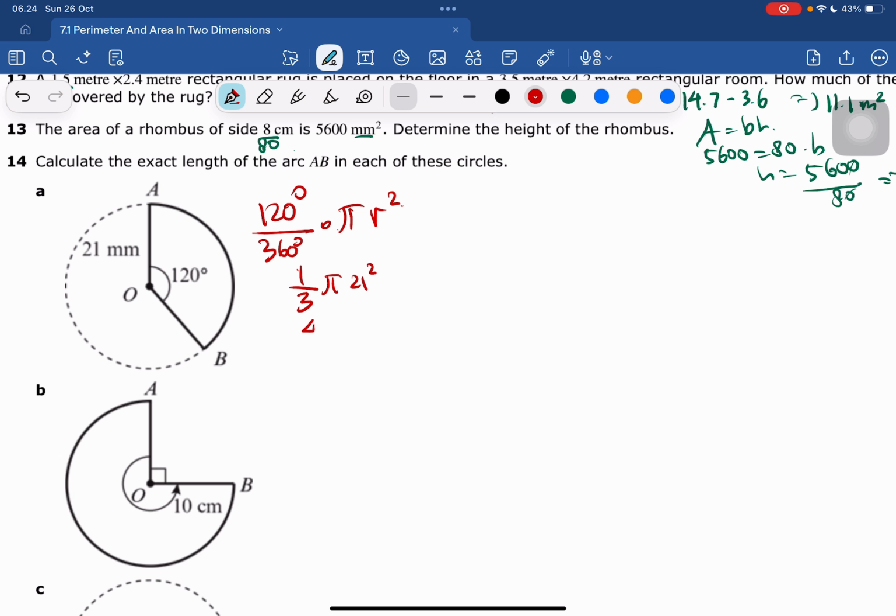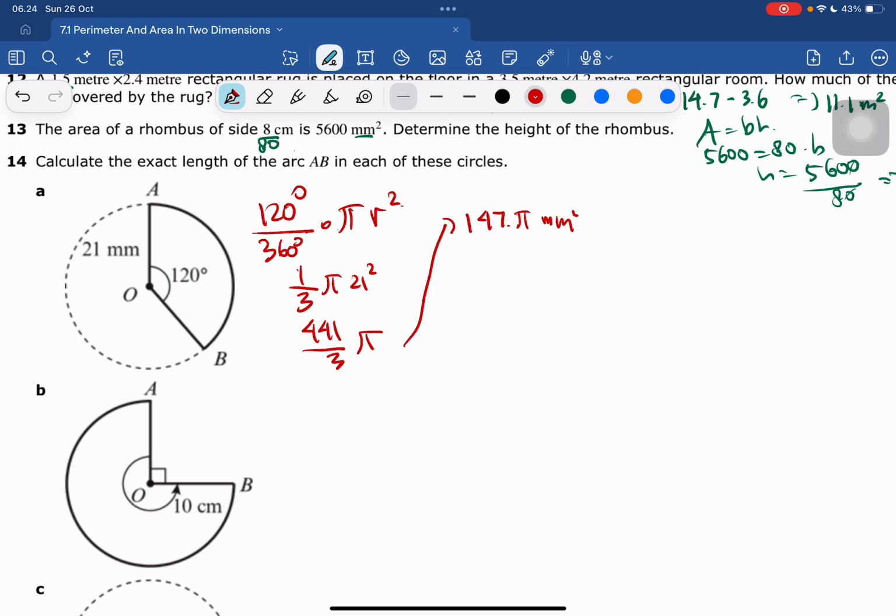So this is 441/3 pi. So 441 we divide by 3. This will give us the answer of 147 pi. Yeah, pi. Millimeter squared. This is not, sorry,